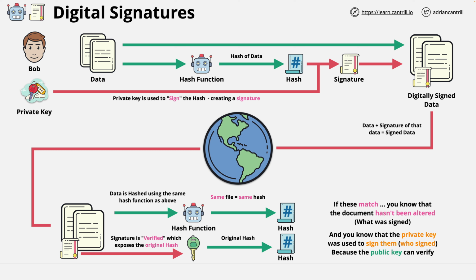Now at this point, that's everything I wanted to do. I just wanted to give you a really high-level overview of how digital signatures can be used to verify both the integrity and the authenticity of data. Now you're going to be using this knowledge as you learn about other important IT processes, so it's really important that you understand this end to end. But at this point, that is everything I wanted to cover in this